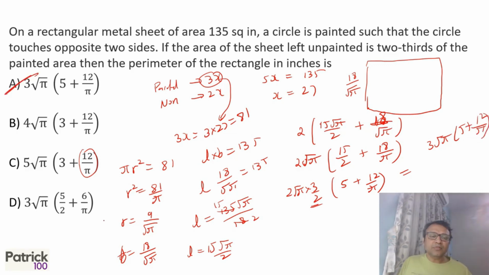There is a way to solve it by approximation using the options also. I will not touch upon that here. I'll just touch upon the traditional way of solving, where you find the breadth, find the length, and then find the perimeter. Not very difficult, just a little lengthy if you're not very good at calculation. The key in the exam is that a few sums you'll solve really fast, and wherever time you save, you'll use on sums which take a little more time. That's the basic idea of cracking the exam.